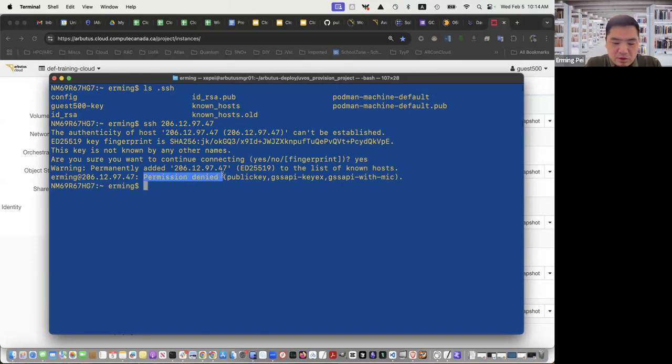Why? Can you let me know why? Yeah, that's because it doesn't recognize the username Ermin, because I never set up this thing yet. So it denied me, even though I have the private key. Indeed, here we omit one thing. We didn't give the private key because it is recognized by default from this